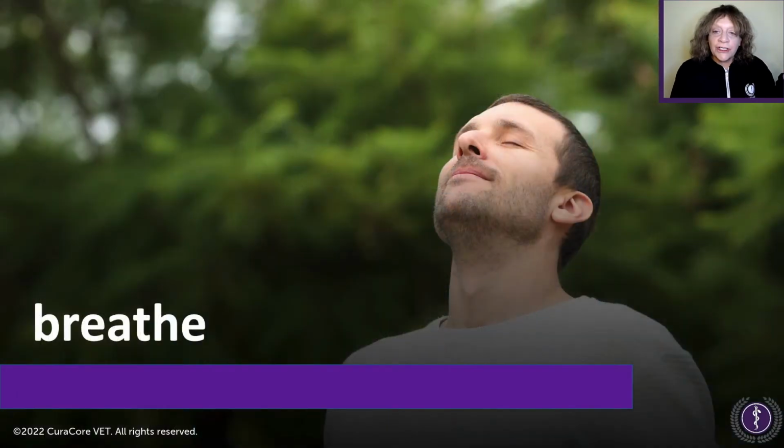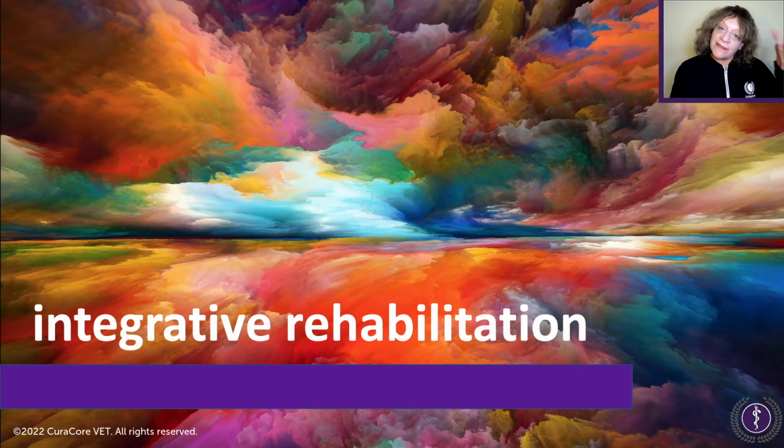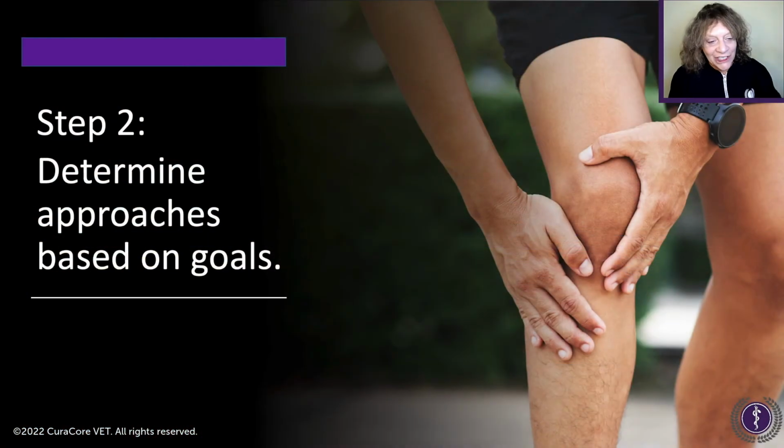So, why rush into surgery? Breathe, and then think of integrative rehabilitation. So, how do we do that? We don't imagine chi. We don't think that chi moving is responsible for helping our animals improve with acupuncture. We don't just press a button on the laser machine and say, well, somehow this light is going to do stuff, and I don't know how it works. I don't even know what my machine can do really specifically, but I know that I shine it on the knee, or I have my tech do it, and it seems to work. Well, let's not do that.